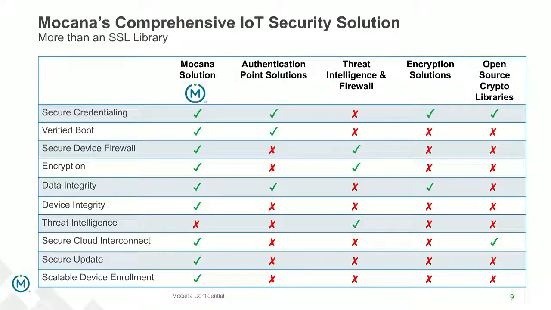We provide a full set of NIST FIPS validated encryption ciphers, all the way from asymmetric to symmetric keys, which can be used for signing of data as well as the device. We allow full connectivity to the cloud ecosystems by pretty much rip and replace of the OpenSSL stack for SSL or MQTT kind of applications, so that you can seamlessly connect to the cloud services, whether it's Azure, AWS, Google, and so on. But the bigger, I would say, the innovations that we provide here is the secure update, which